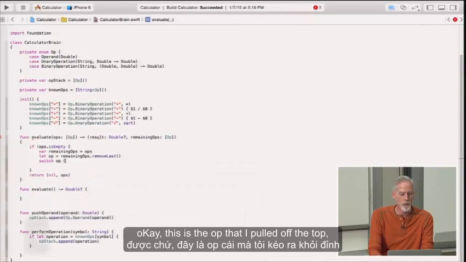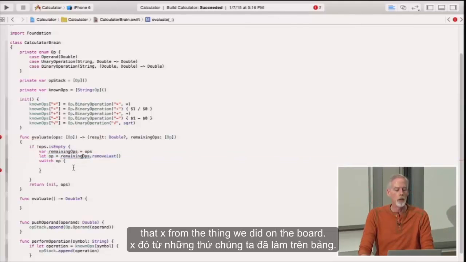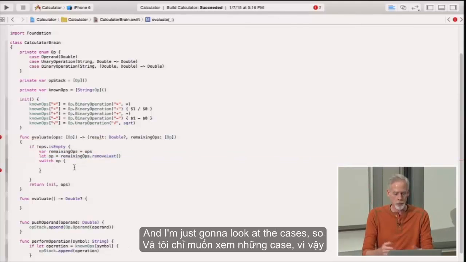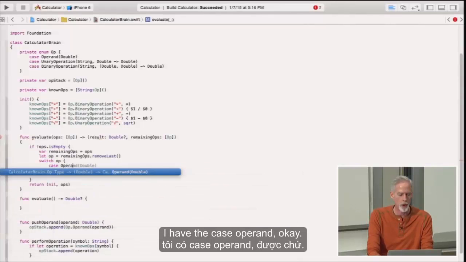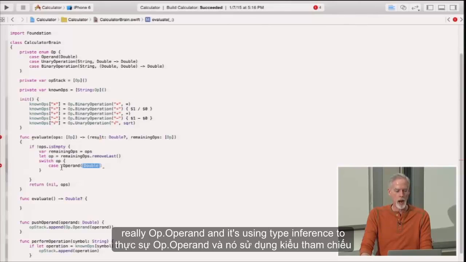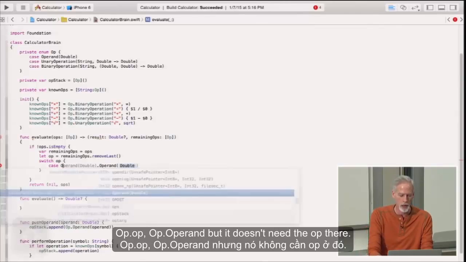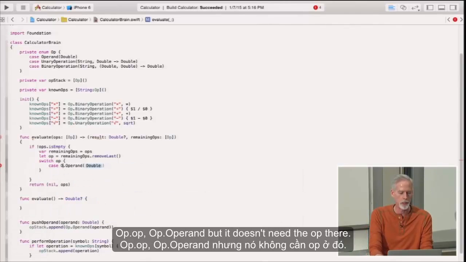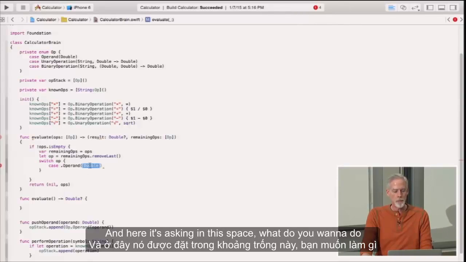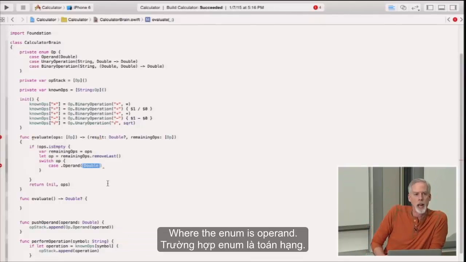So I'm just going to switch on the op. Okay, this is the op that I pulled off the top, that x from the thing we did on the board. And I'm just going to look at all the cases. So I have a case operand. Notice that it puts a little dot here because it's really op.operand, and it's using type inference to know that it's op.operand. It doesn't need the op there. And here it's asking, in this space, what do you want to do with the associated value if you're handling this case where the